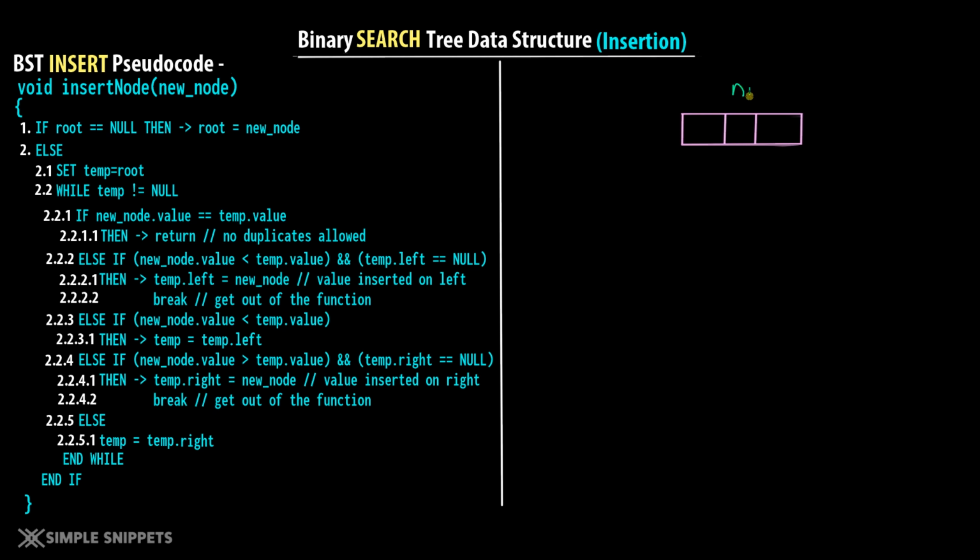Let's give it the name n1. Let's say it is created at memory location hash 10, and it has the value of 20. So this is n1. Now when you want to add this into the binary search tree, for the first node this will become the root node. So this initially will become the root. This makes sense. We've just added one node into the binary search tree.